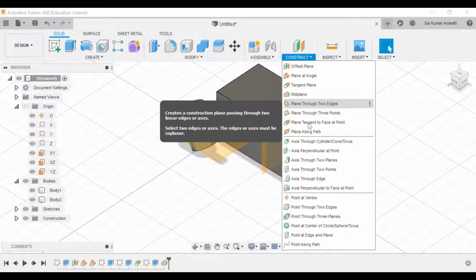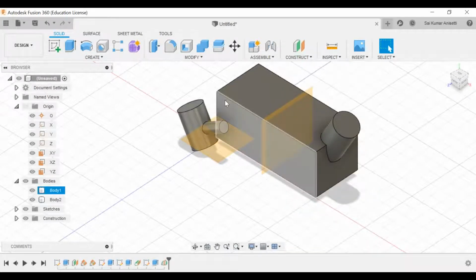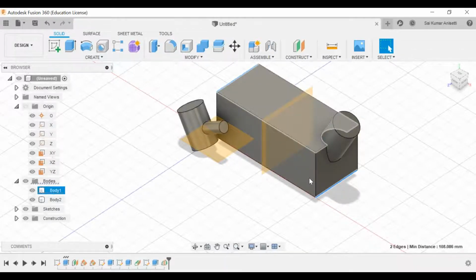Plane through two edges. Now that option is exactly, see, if I have two edges, edge number one and edge number two, passing through these two given edges I can create a plane. But to create that kind of plane, I don't have any given angle. If I move this component or extrude even further, the angle would change, right?